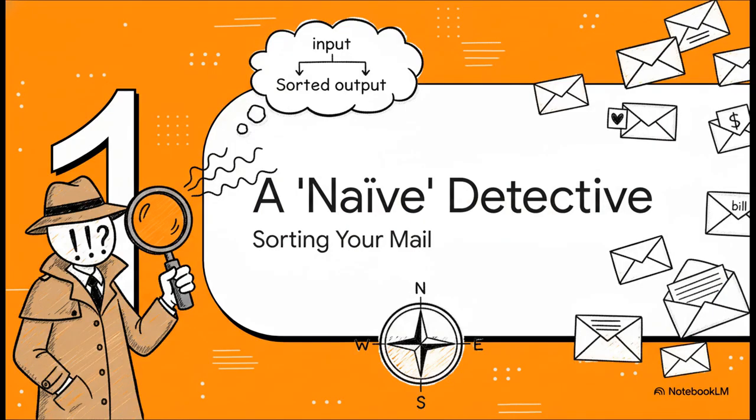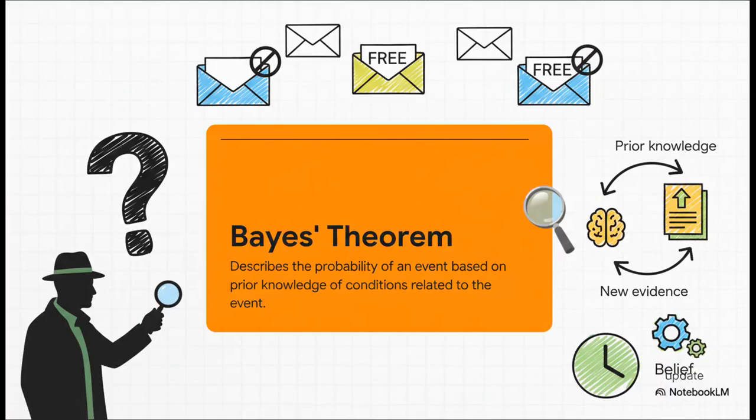Okay, so the tool behind this magic trick is something called a Naïve Bayes classifier. For today, let's just think of it as a detective. A super fast, kind of quirky detective who has a very specific and, let's be honest, a little bit simple way of cracking a case. Now, every good detective needs a rule book, right? And this one's rule book is something called Bayes' Theorem. It's basically just a formal mathematical way to update what you believe when you get new information. Think about it like this: if an email contains the word free, how much does that increase the odds that it's spam? Bayes' theorem is what lets us calculate that exactly.